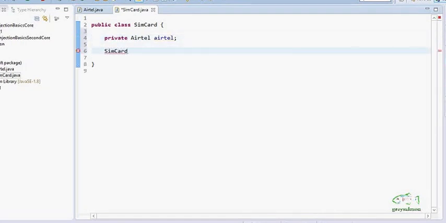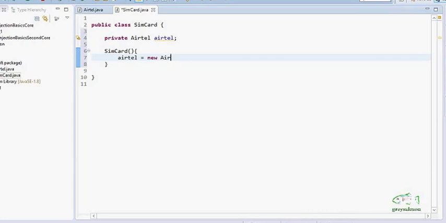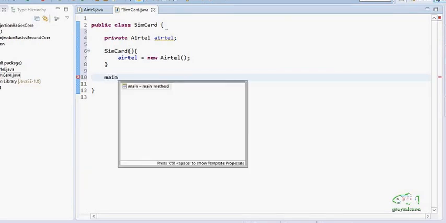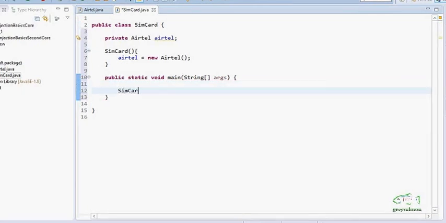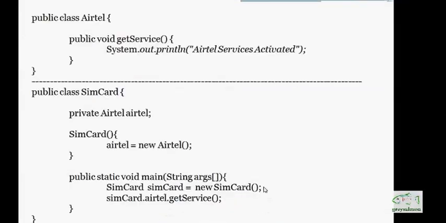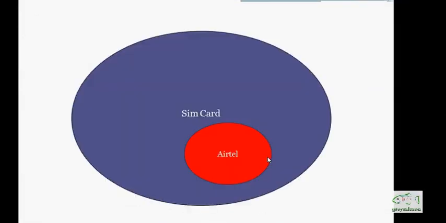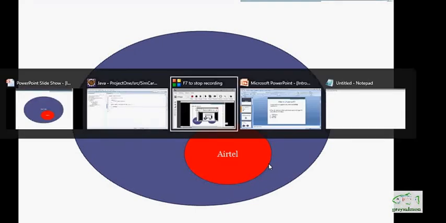Now here is the constructor of our class SIM card. This class SIM card is creating the object of Airtel: new Airtel. Now in this class I create one main method, and in this main method the object of SIM card is created.